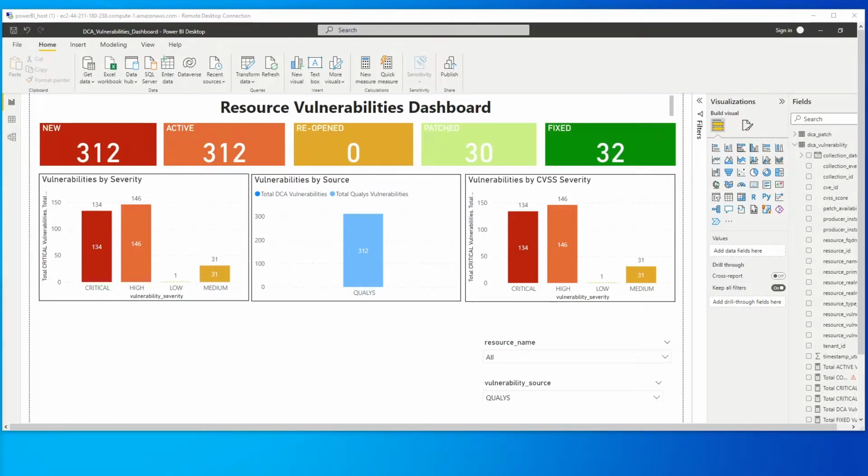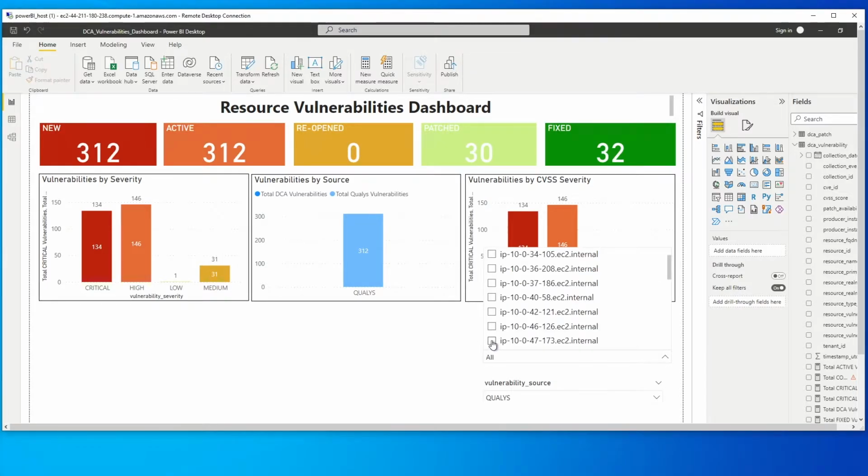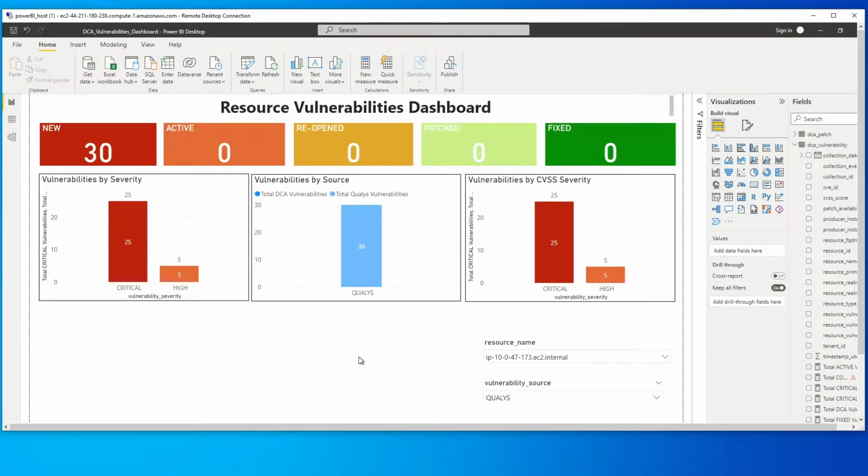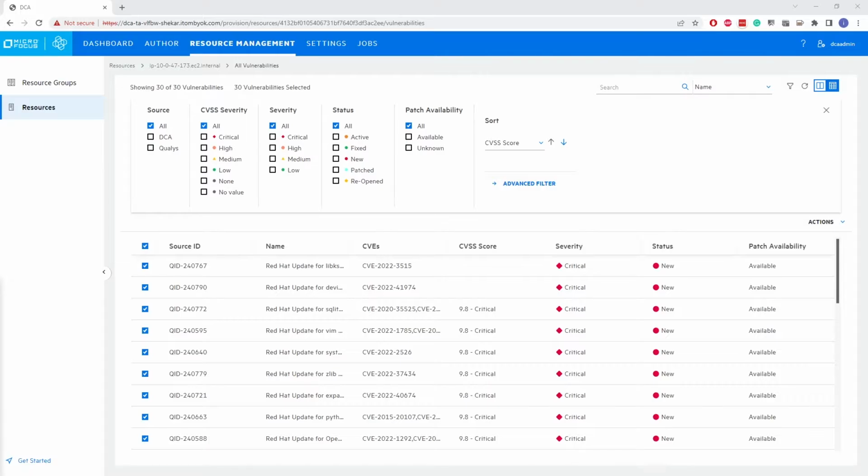For stakeholders who need this status information in a digestible format, the vulnerability data in DCA's Optic Data Lake can be displayed as shown here in, for example, a custom Power BI dashboard, indicating all new vulnerabilities details. Now that we're fully informed on the vulnerability status and impact,